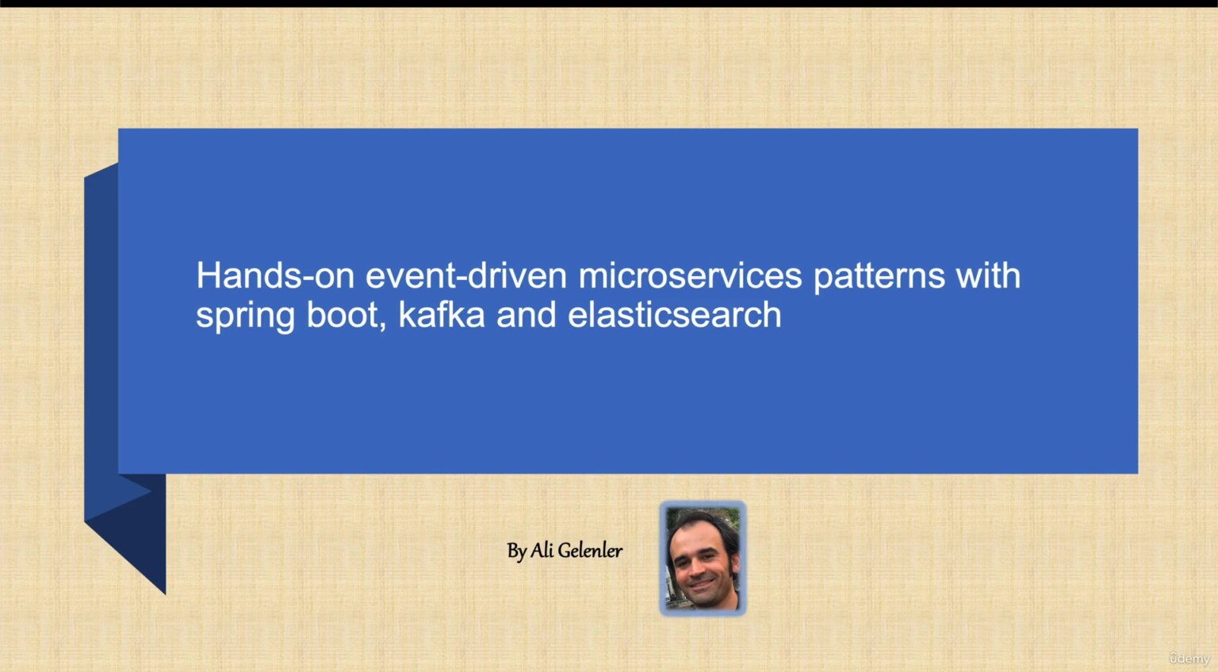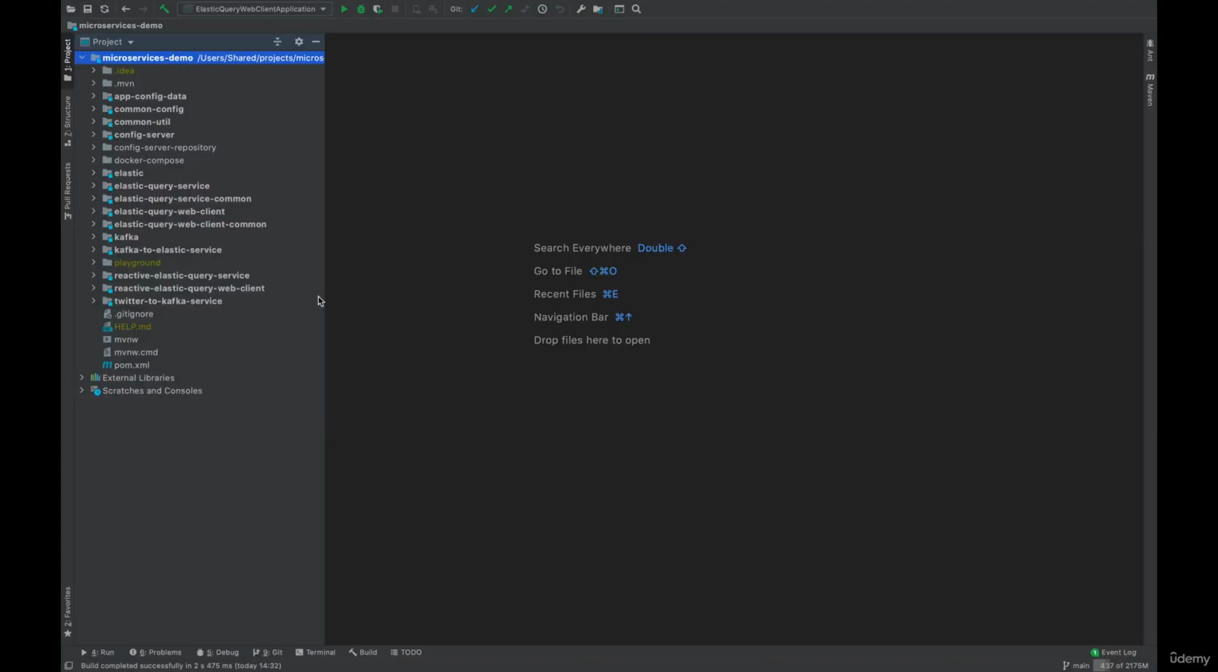Hi everyone, in this section we will create a second web client to show how Keycloak enables single sign-on for two applications that share the same realm, which will actually be identical to the first web client. We will only change the port of the service and also change the Keycloak client ID, client secret and redirect URI configuration properties. So let's create an identical web client called Elastic Query Web Client 2 and copy the POM.xml